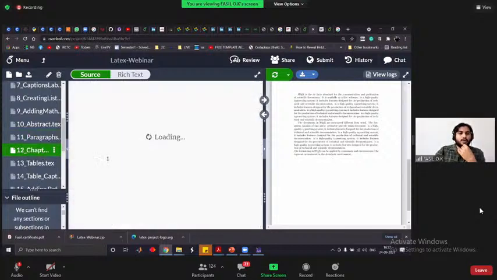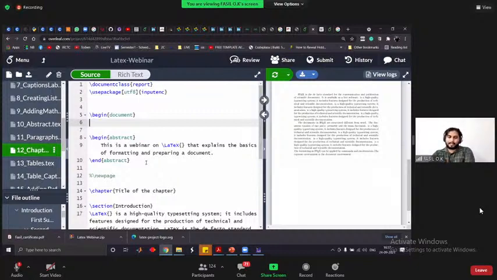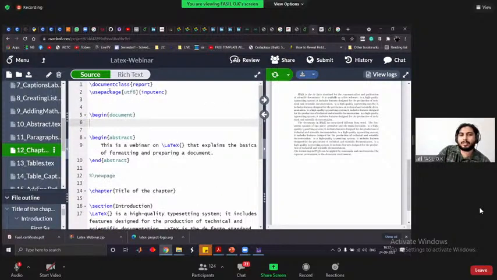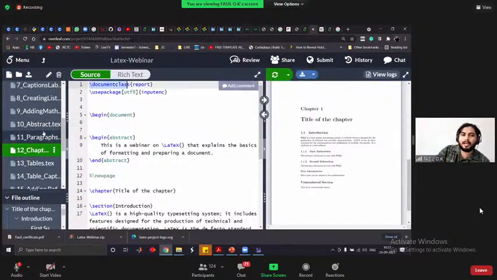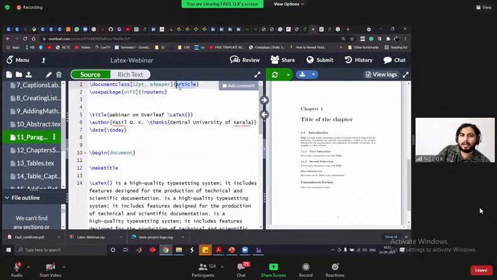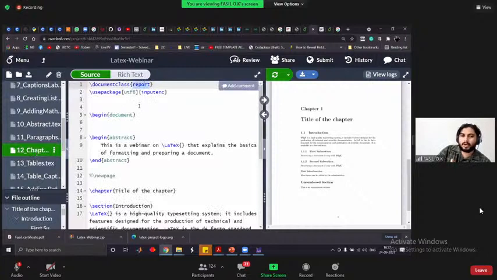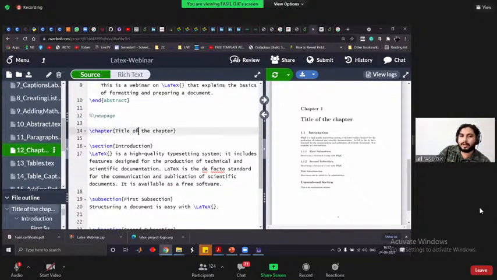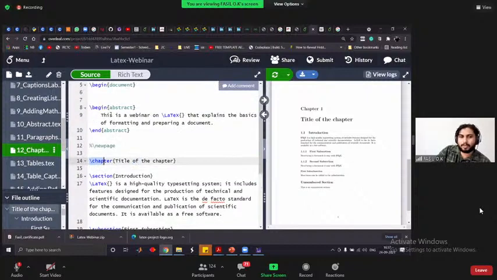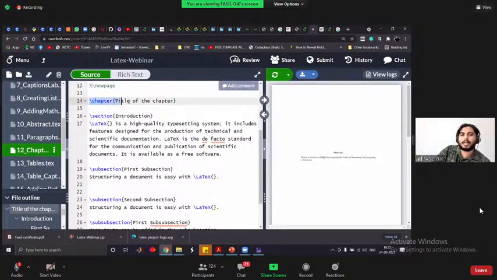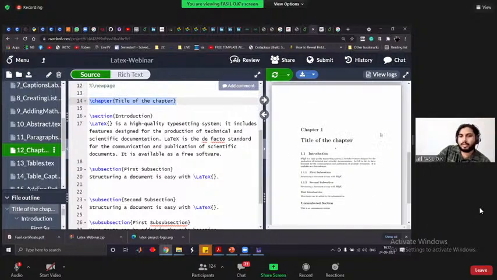If you are writing a thesis, there will be chapters, right? Chapters and other things will be there. In that case, the document class, in the previous class it was article, right? If you want a book or something, it will be report or book. In that case, you can use this chapter type. You can put the abstract, and it will come on one page. If you just put the chapter and the title of the chapter, it will come as Chapter 1, title of the chapter. In this way, you can